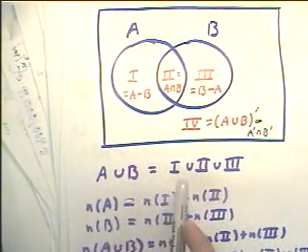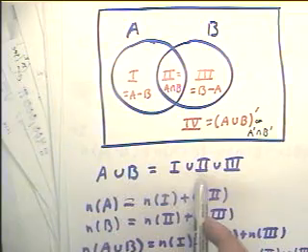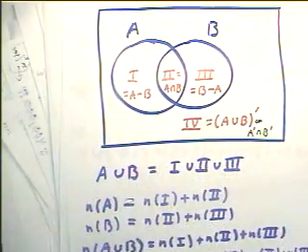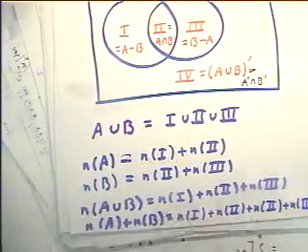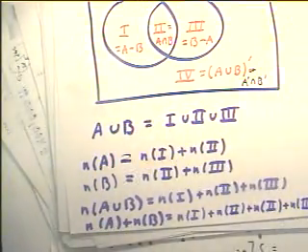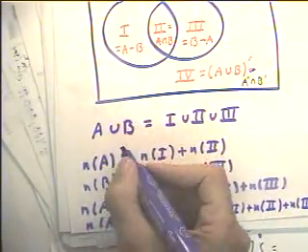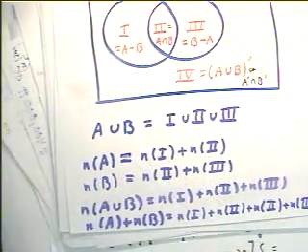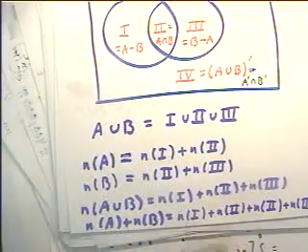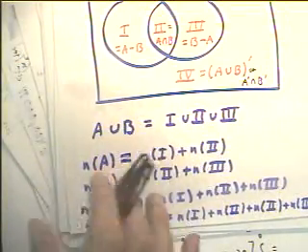So we could say that A union B is region 1 union region 2 union region 3. The equality here is being used a little bit loosely,